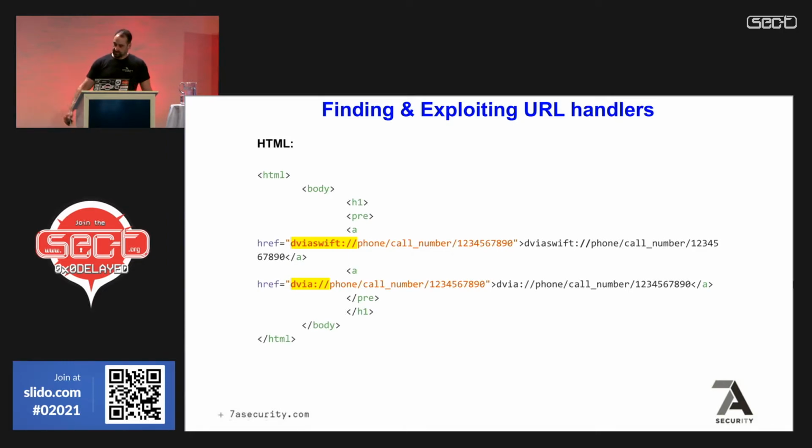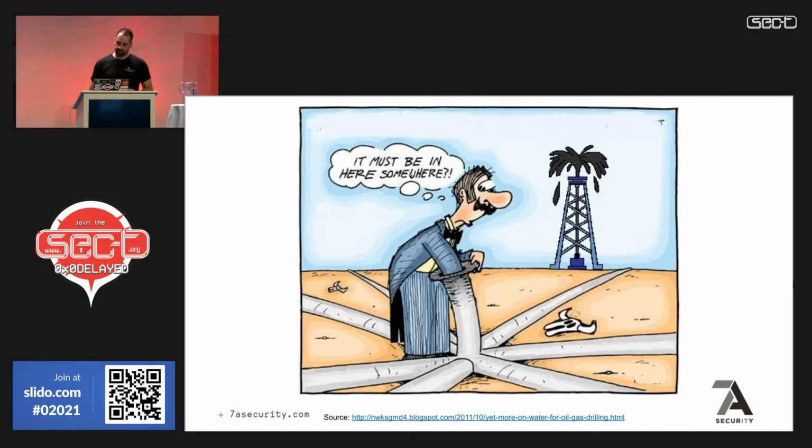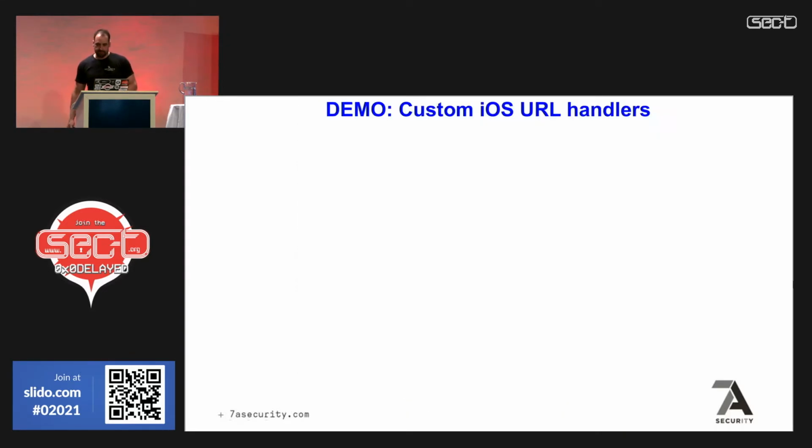So these are the deep links. It's basically just a web page with links to the deep links, and the only thing Safari tells you is open this in the vulnerable insecure version 2, and then you just tap on open, but you don't really see the link, right? So here we're showing the link because this is just for demonstration purposes, but in a real attack this would say "win an iPad now" or something like that, right? So yeah, let's do the demo for this one,